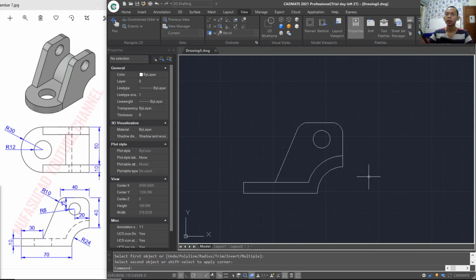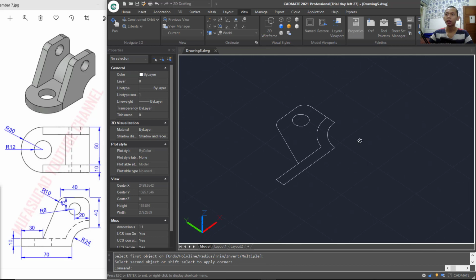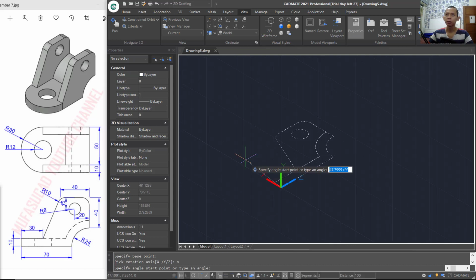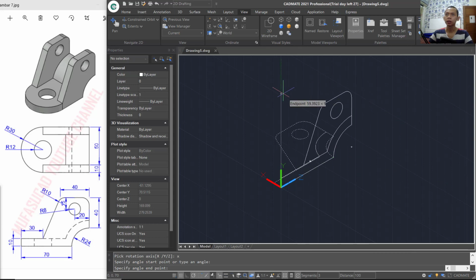Okay. Next you can use the orbit tools and in here I will use 3D rotate to rotate these objects. You can type 3D rotate, press enter, select all these objects. We can click at this point as the specific point and we can rotate on the X axis, the right axis. You can type X and press enter. For rotation we can click at these points and we can set it to 90 degrees at this point.